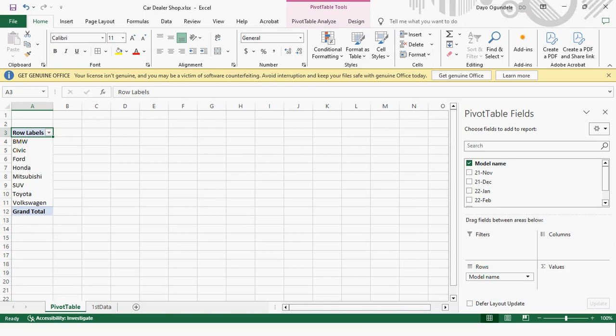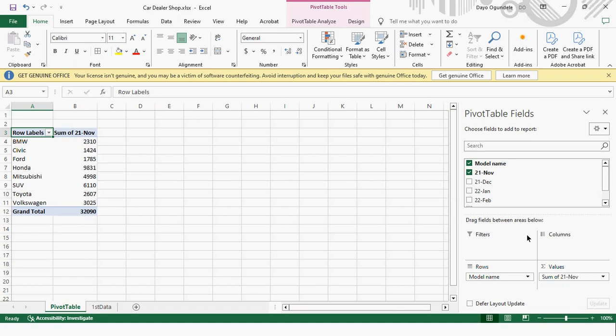So in this case now, if I say, okay, I want to know for the values, the amount of the cars that were sold for 21st of November, and I click this, it will come to this value that we have here. So once I check this, it will come to this value. Can you see what I have here? Now this is giving me a grand total of what I have without putting any formula or any computations, which is showing